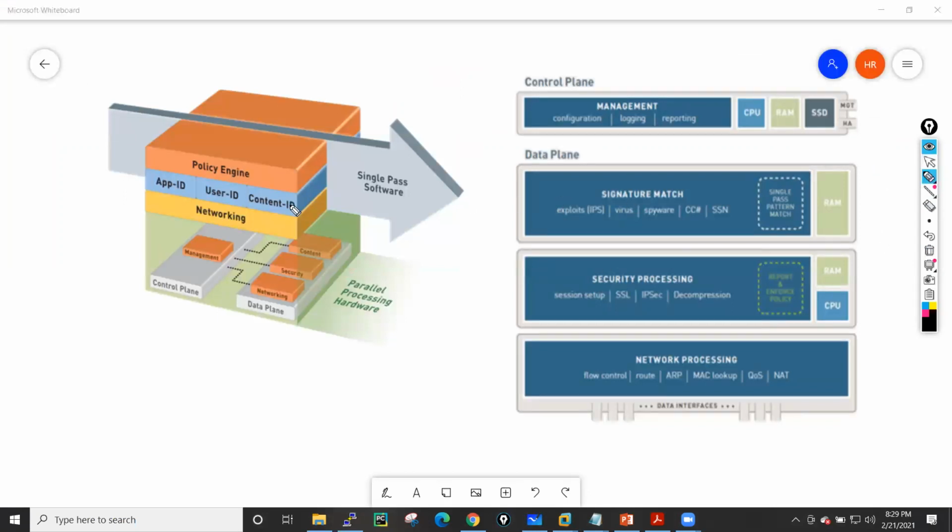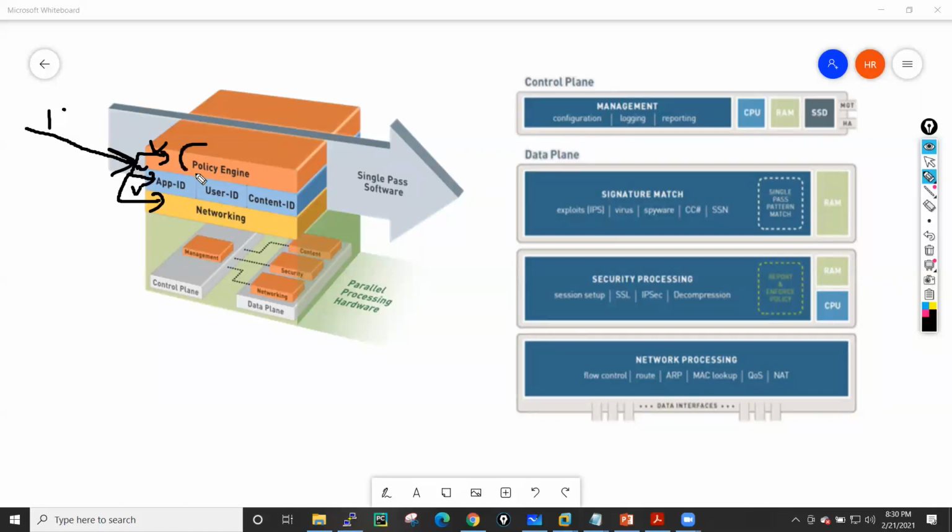So generally, whenever your Palo Alto firewall receives a packet, what does Palo Alto do? Palo Alto just takes a copy of this packet and forwards it through your networking engine. It will send one copy of that same packet towards your App-ID, User-ID, and content engine, and one copy it will send through the policy engine. Means here we have a single packet, and at this point we have three replicas of the same packet. And all these three replicas it will forward through these engines at the same time.